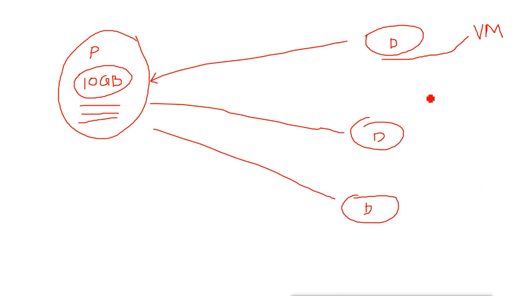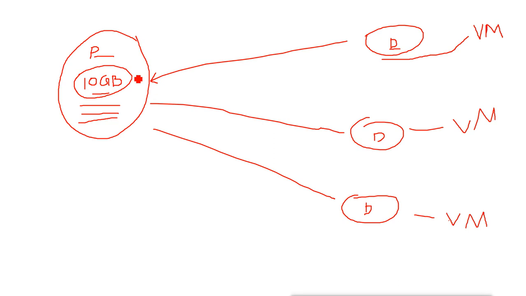And when I start the virtual machine, this virtual machine will be ready to use. That means it will be easy to deploy. It will become easy for deploying these machines quickly. So we can quickly deploy 3 or 4 or 5 or multiple machines by using this single parent disk. Then whatever changes we do in these machines, whatever extra configuration we do, application we install, this will not affect this parent disk.